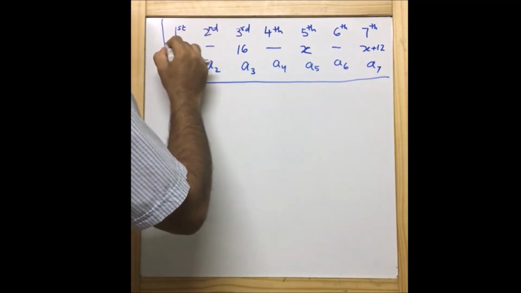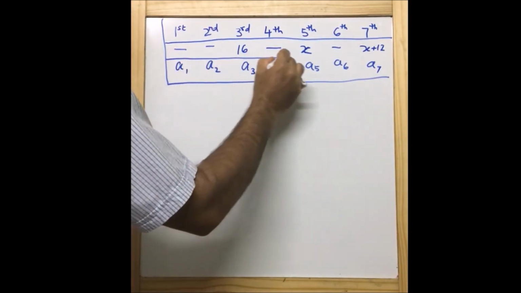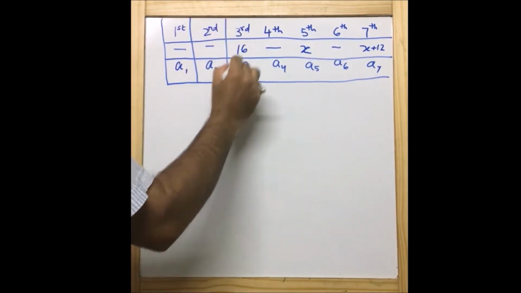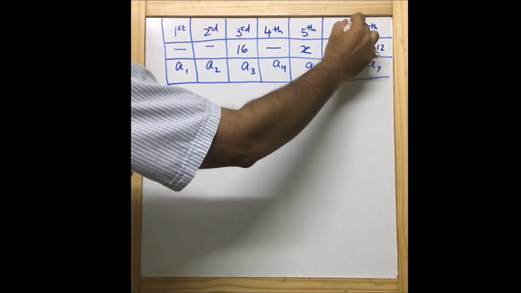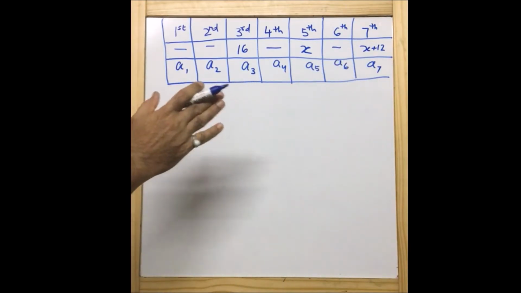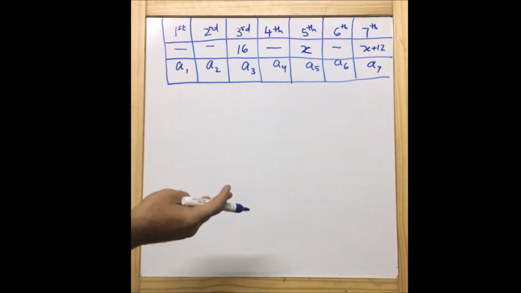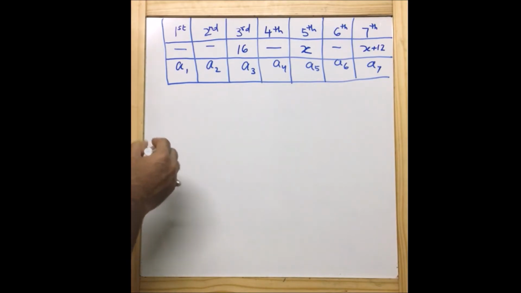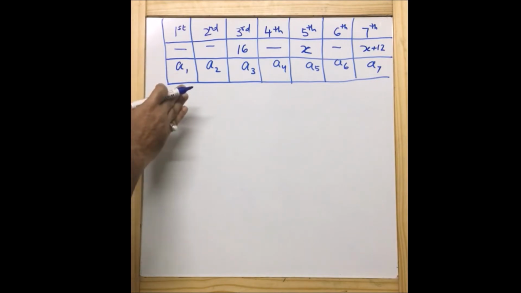Now I'm drawing the table so that things will be easier. It might take a little time, but you can do it quickly, because I'm doing it on the board and explaining, so I'm taking a little bit more time. You can do it within a minute, or roughly calculate it quickly and put the things in. Now we are going to find the AP for the data that we have.